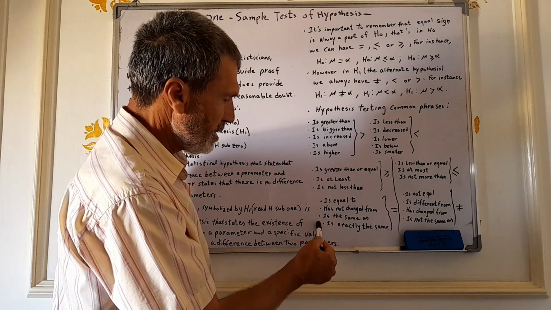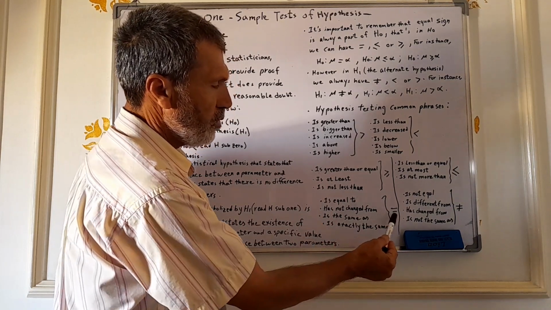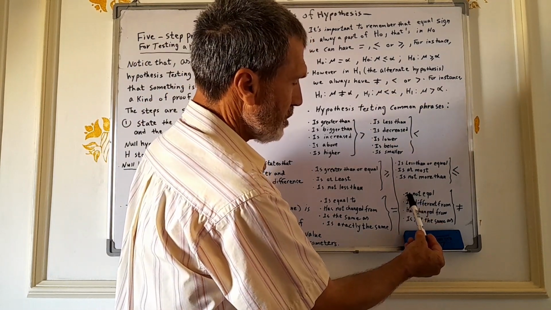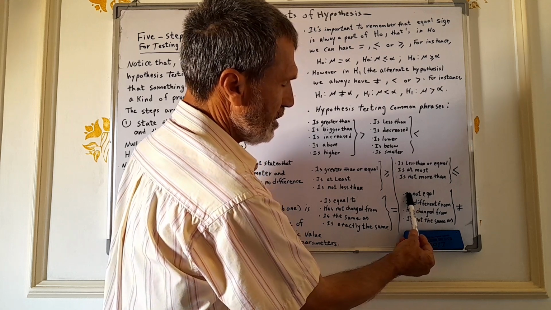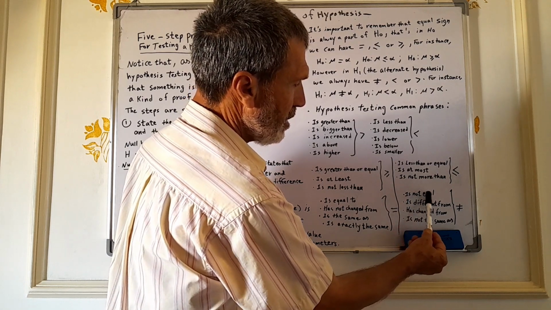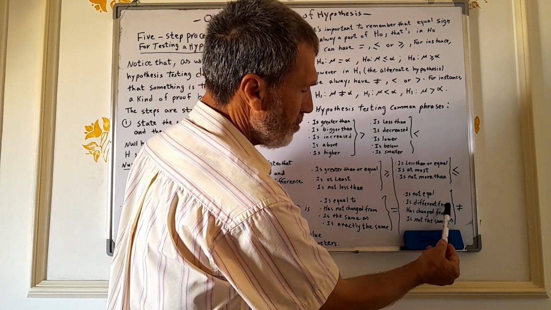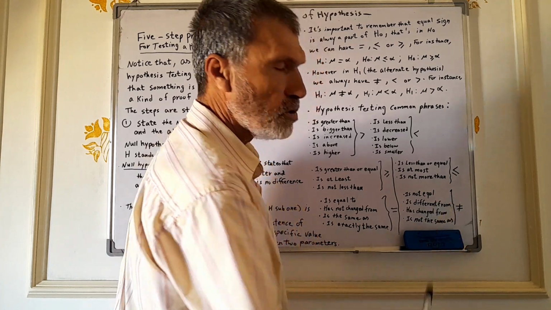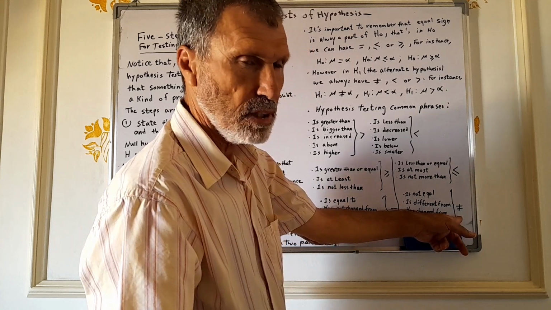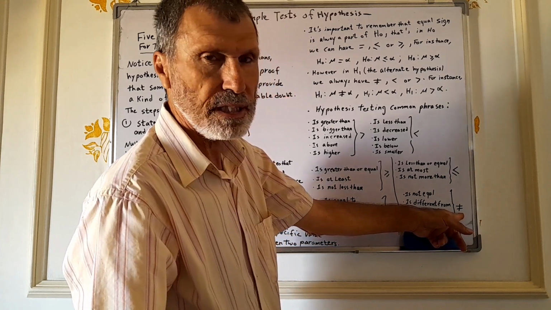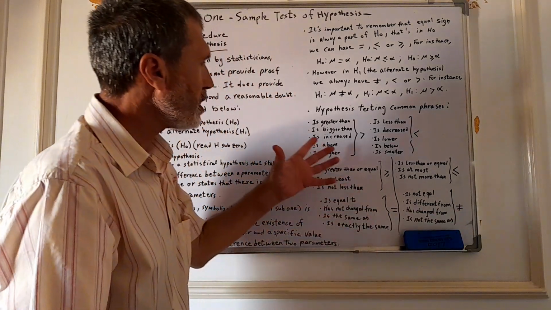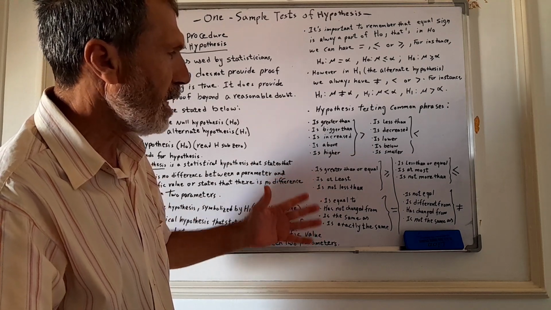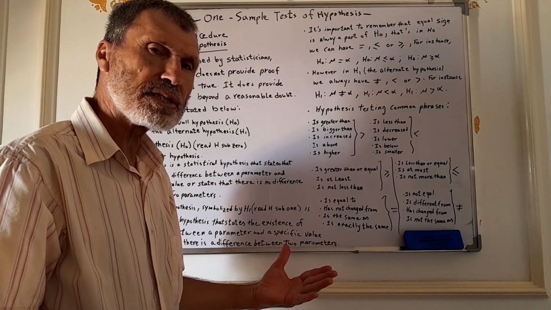Whenever you encounter these phrases, you use the equality sign. On the other hand, if you encounter these phrases, "is not equal," or "is different from," or "has changed from," or "is not the same as," we use the not equal sign. Usually the not equal sign is used in the alternate hypothesis. So actually, we should understand these phrases so that when we state the null hypothesis and the alternate hypothesis, we